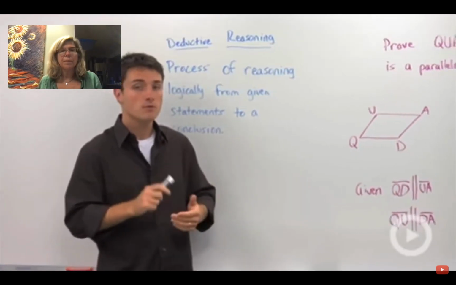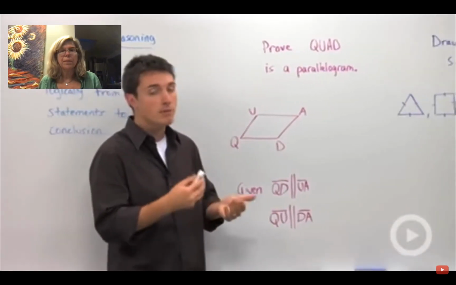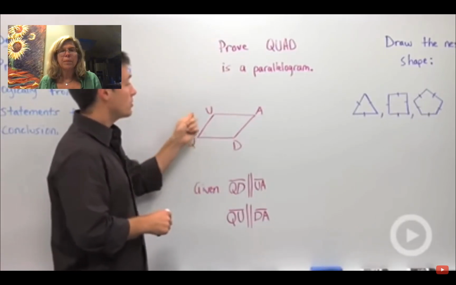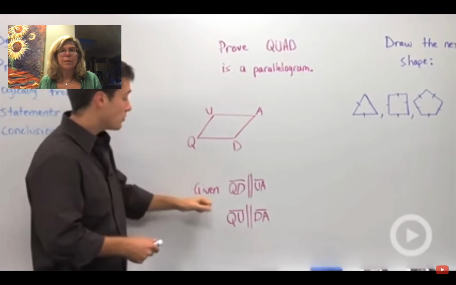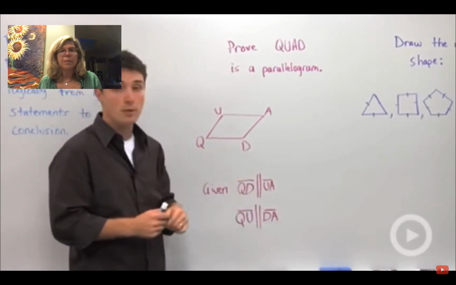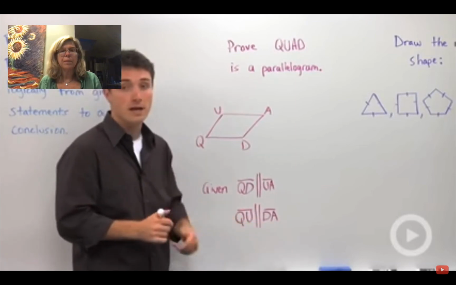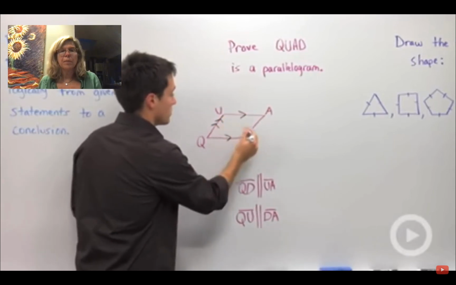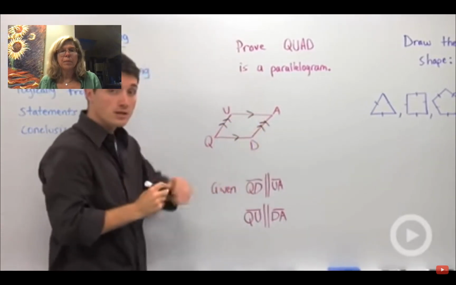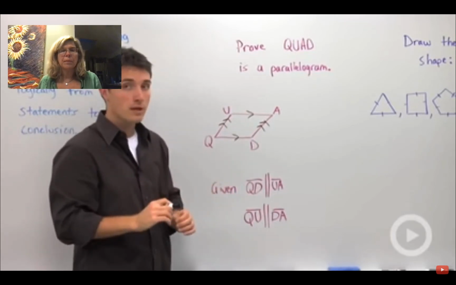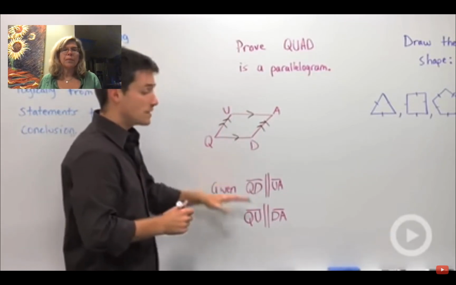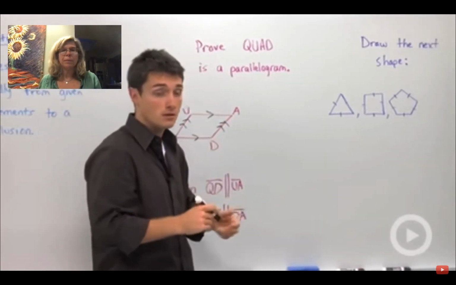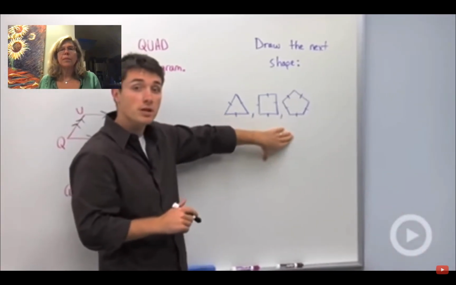curfew. To give you a little more idea of what is deductive reasoning compared to inductive reasoning, let's say I asked you to prove that this quadrilateral QUAD is a parallelogram. And I told you that QD is parallel to UA, and that QU is parallel to DA. So if I just mark these, that QD parallel to UA, and that QU is parallel to AD, this process of what you would use, a proof, that is called deductive reasoning, because you're using given information to make a proven statement. Now, to compare this with inductive reasoning, let's say I gave you these 3 shapes, and I said,